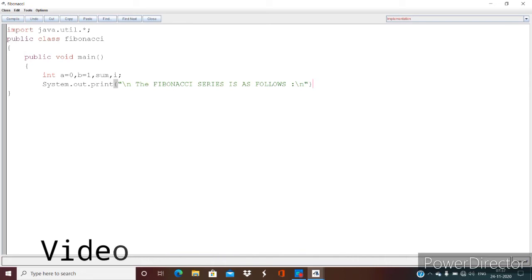Now \n is an escape sequence that is used to break a line.